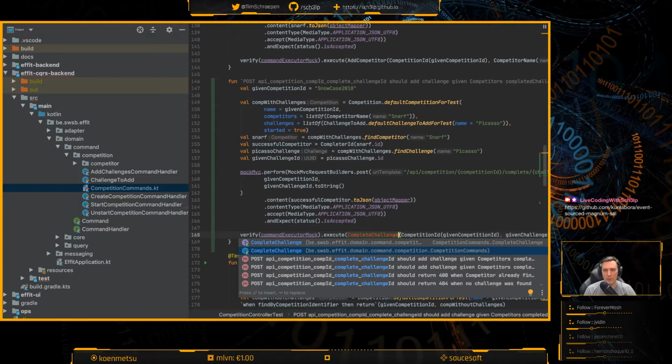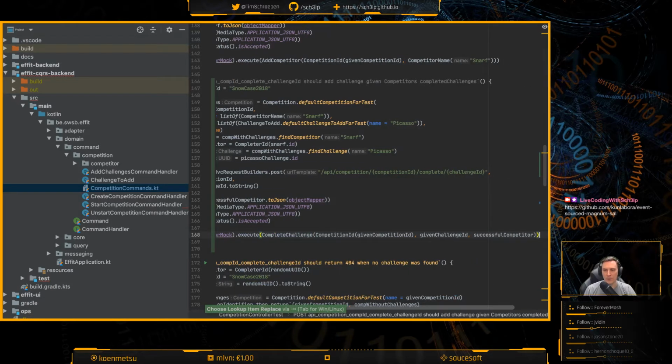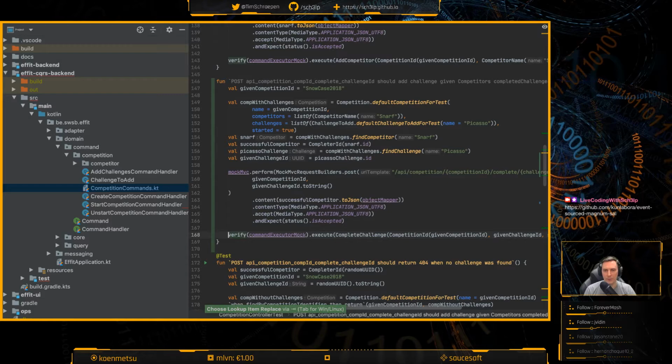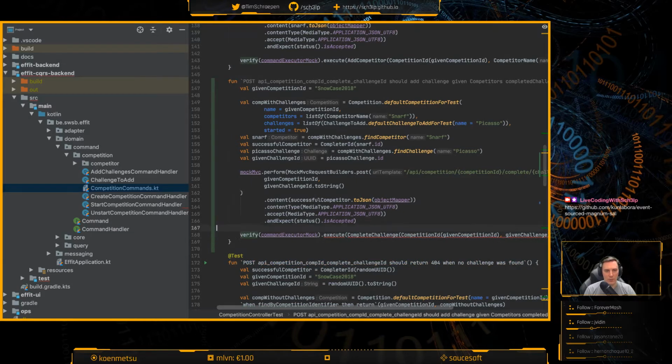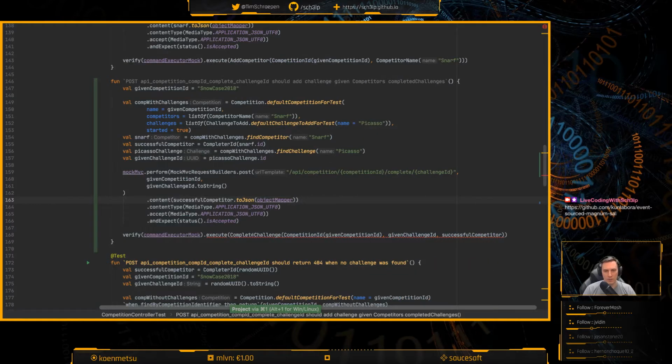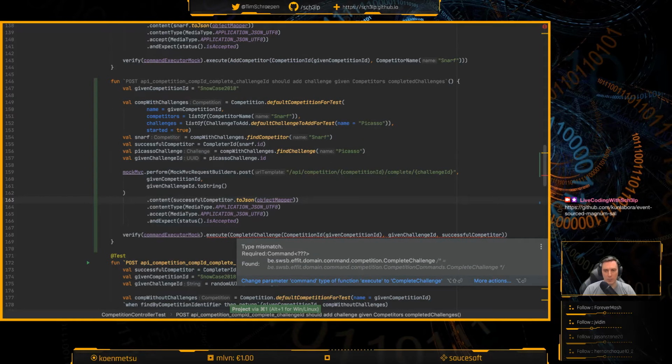So let's do this one, right? Or this is a type alias, yeah. There we go. So that'll be the handler, and then what I'll need is a handler for that. What is the problem?